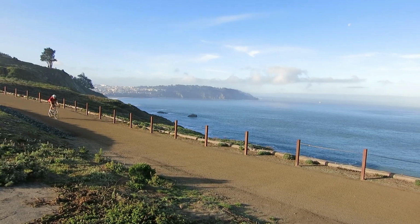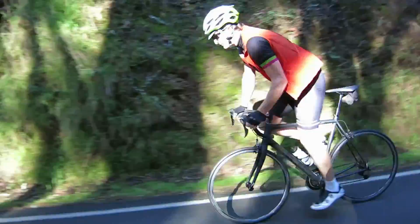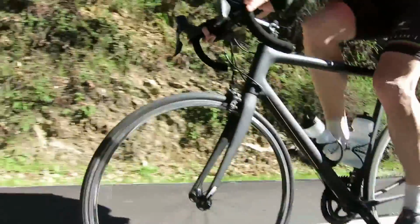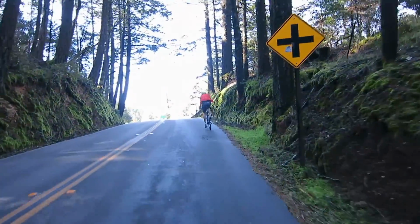Today we're going to talk about the bicycle that I ride. I ride a Cannondale Super Six EVO high mod Dura Ace bike. It is a really awesome bike. And I purchased it because I was looking for a climbing bike, because I live in Northern California and everything's climbing. And I really like climbing. So I was looking for a bike that would help me gain some time on my friends and get me